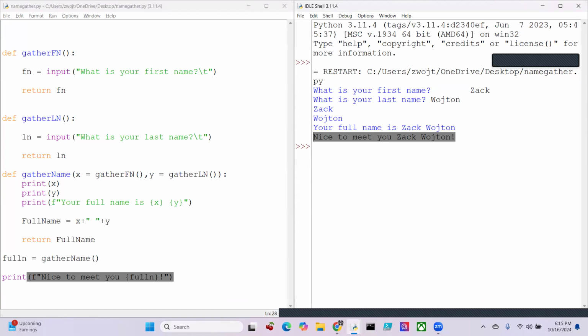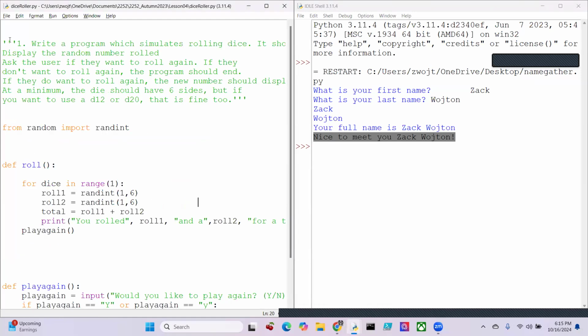Let's take a look at these group exercises. So let's roll some dice. All I did was cut and paste the requirements, made it a comment, single quotes. From random, I imported random integer. So now I don't have to do random.randint. I can just call on randint directly. And I defined a function called roll. I said for each dice in my range of 1, so that means stop at 1, so 0, so 1 dice. Roll 1 equals randint, so roll 1 is going to be a random integer between 1 and 6. Roll 2 is going to be a random integer between 1 and 6. I total both rolls, roll 1 and roll 2, and I print you rolled a roll 1 and a roll 2 for a total of